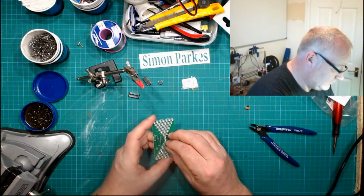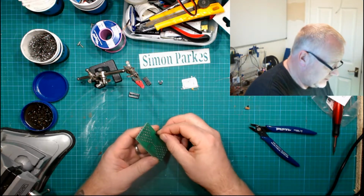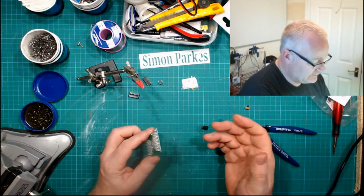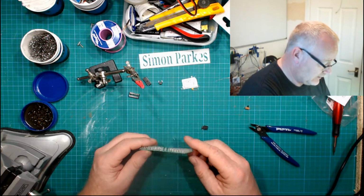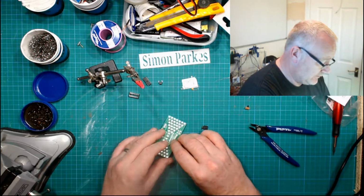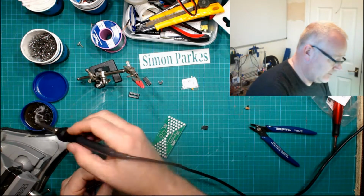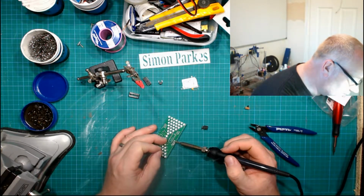and I'll also probably present the pins on the back as well, as opposed to being on the front. So it looks a little bit less industrial, and also gives me something to lean the batteries on. So yeah, I think that's going to be the plan there. So I'm just going to crack on, get as far as I can now, and then once I'm happy with what I've done, I'll dive into the town, pick up